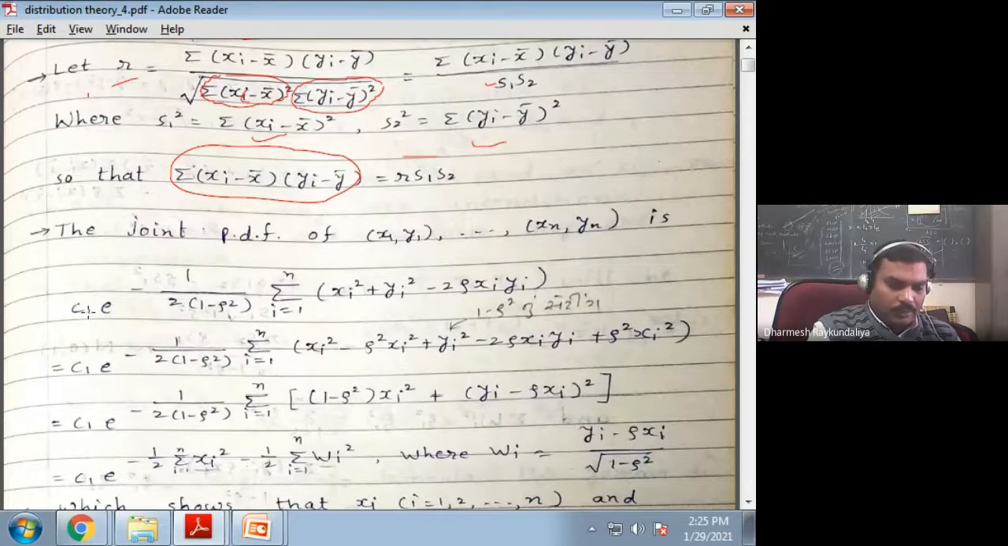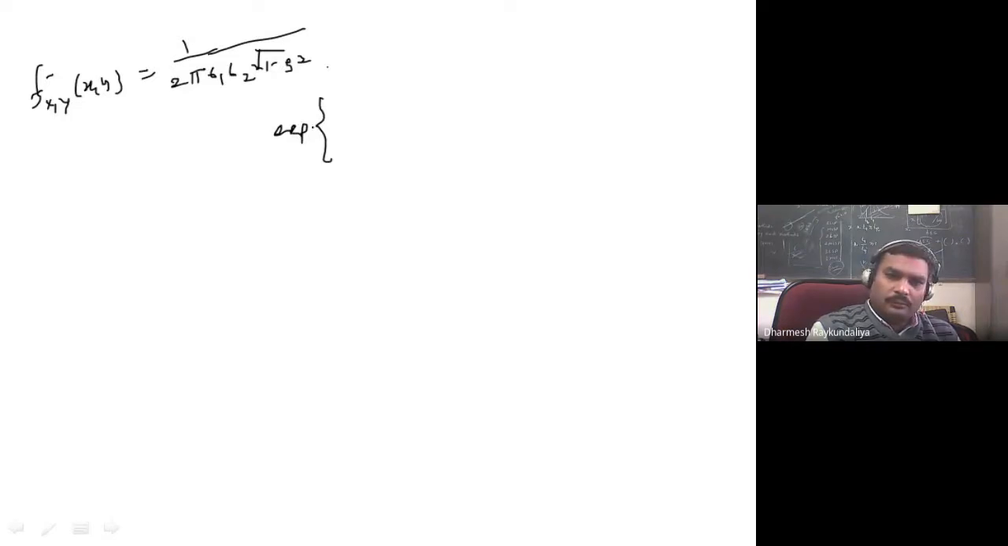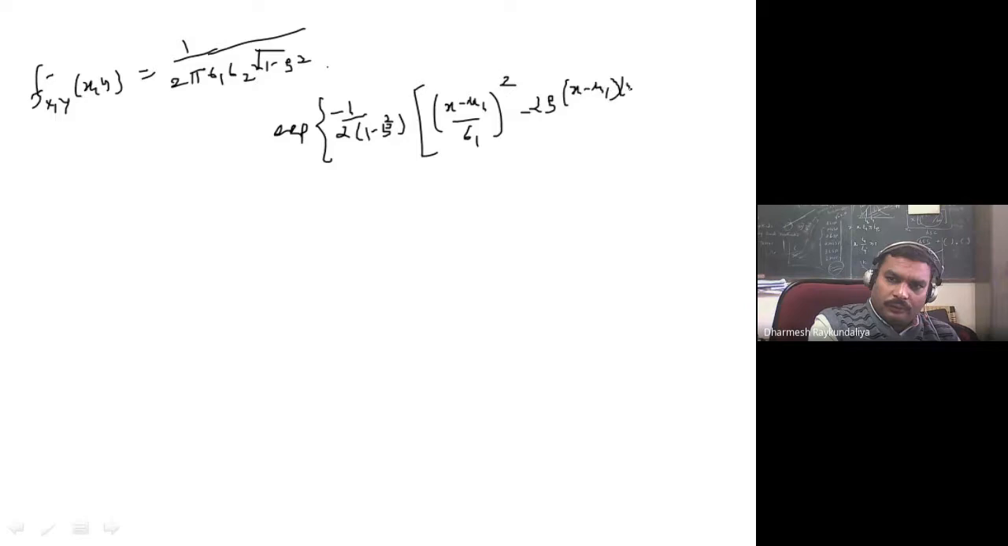If x and y are bivariate normal, its PDF is given by 1 upon 2 pi sigma 1 sigma 2 square root of 1 minus rho square, into exponent of, what will come here? Minus 1 upon 2 (1 minus rho square), and inside the bracket: ((x minus mu 1) upon sigma 1) whole square, minus 2 times rho times (x minus mu 1)(y minus mu 2) upon sigma 1 sigma 2, plus ((y minus mu 2) upon sigma 2)